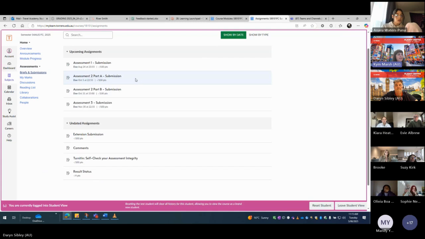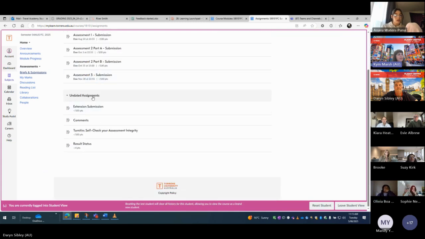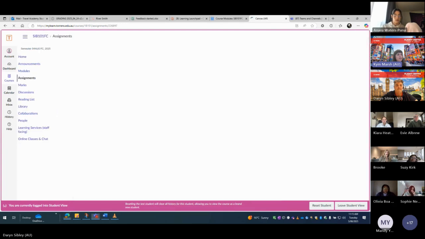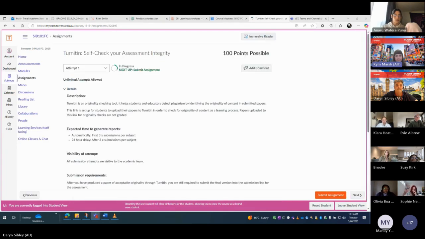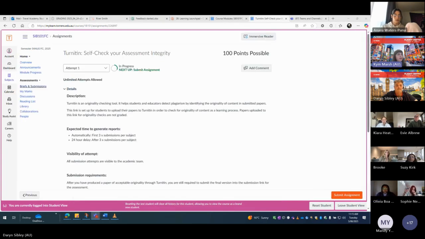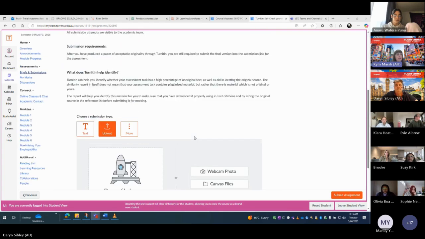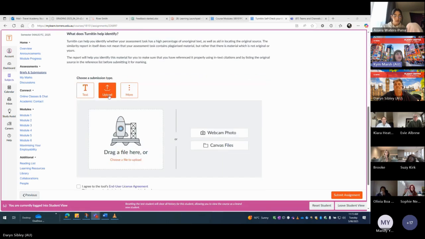And it is under undated assignments, and it will then say Turnitin, self-check your assessment integrity. So when you come into here, it's very similar. You drag and drop your submission through there, hit submit assignment, give it a little bit of time. It will do a check, and if you refresh that page, hopefully within 20 minutes or so, you